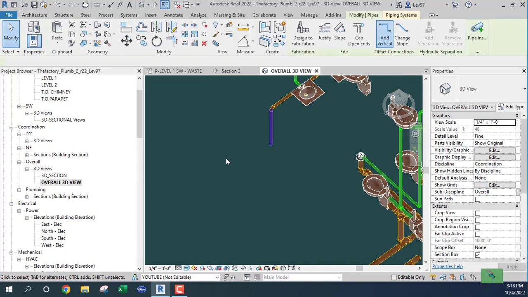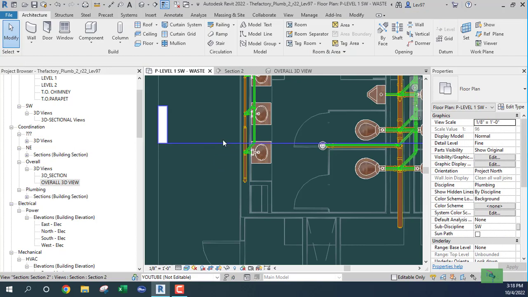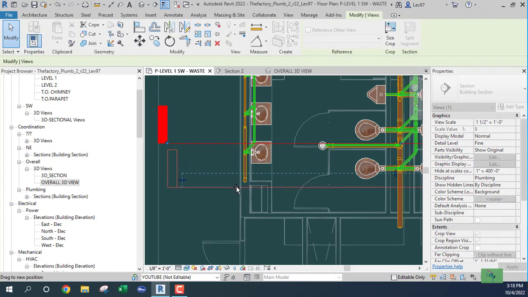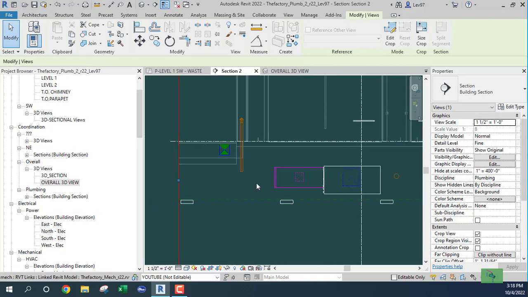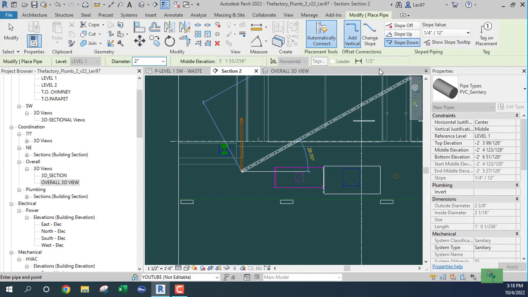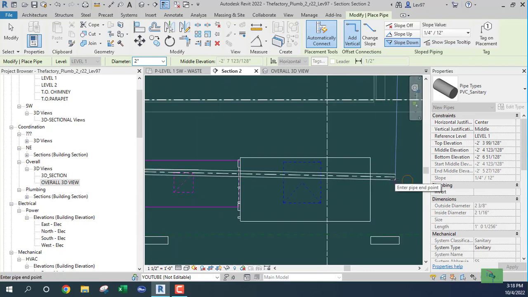So I need to go to my first floor and look at this pipe. I think it's coming down. Section 2. Where are we here? Okay, here. And I want to slope that at 1/4 inch. Slope down 1/4 inch per foot. Okay. So I go down. Looks like there's some